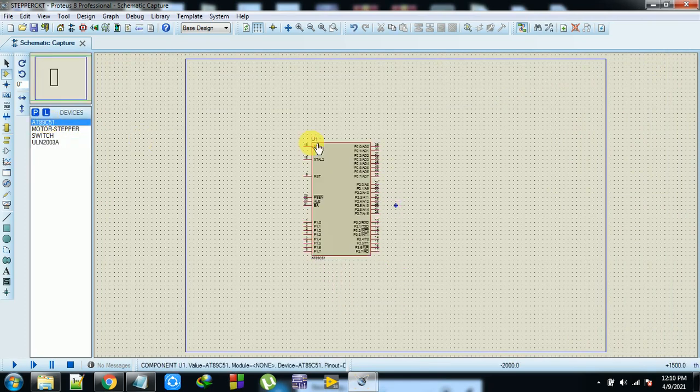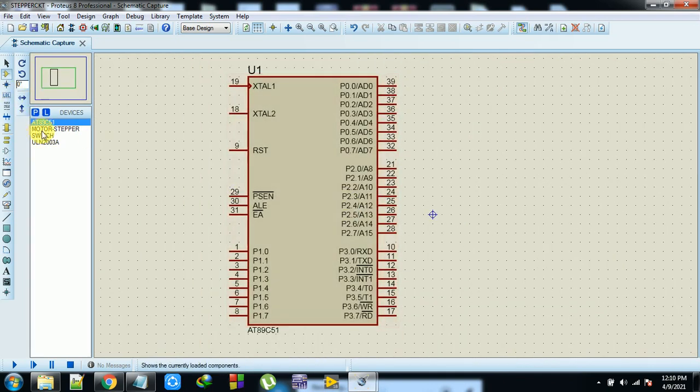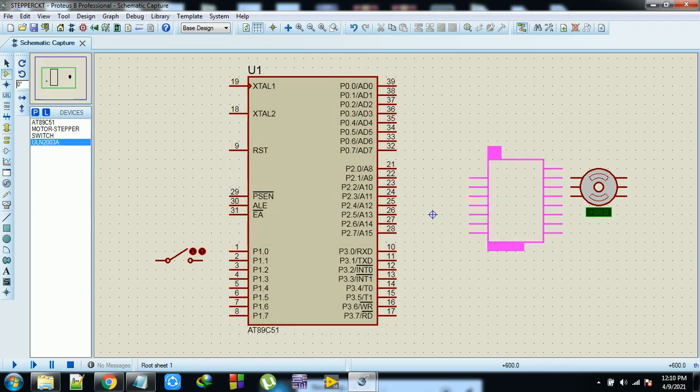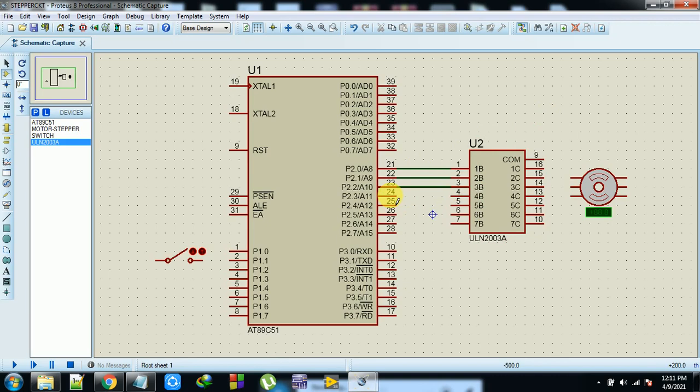Now first I want to take the IC of 8051. After that stepper motor. Here I am going to connect one switch somewhere, and this is the IC. This is a high voltage IC which is able to drive the stepper motor. So now these things I need to connect here, 1 and 2, 3, 4.